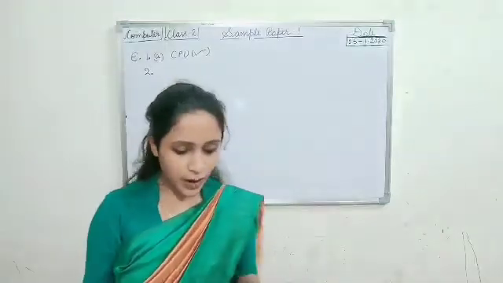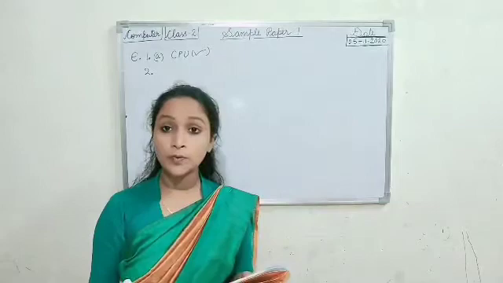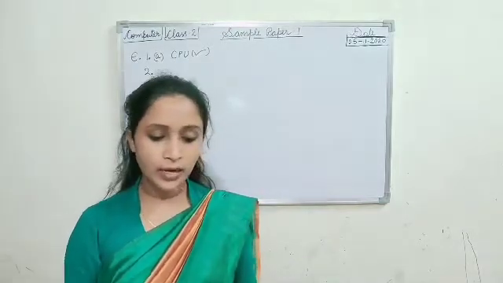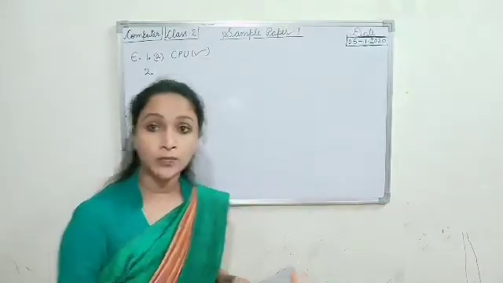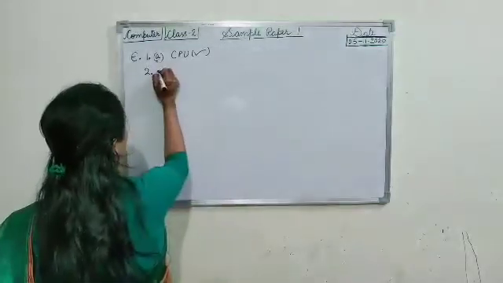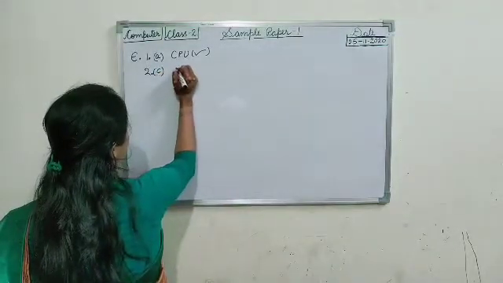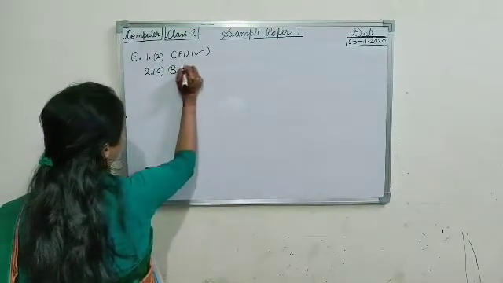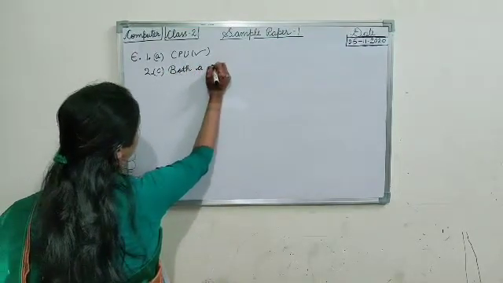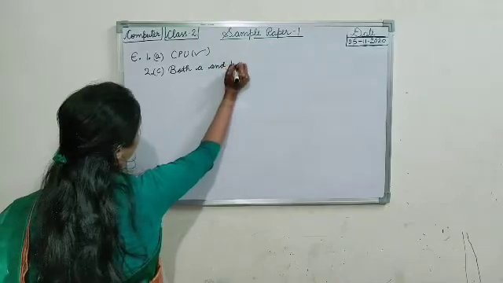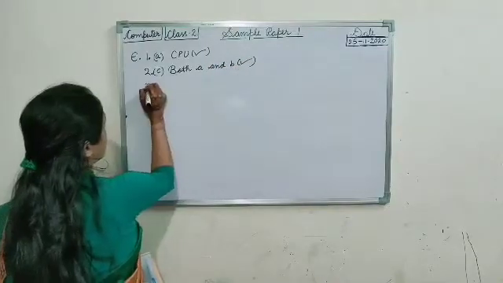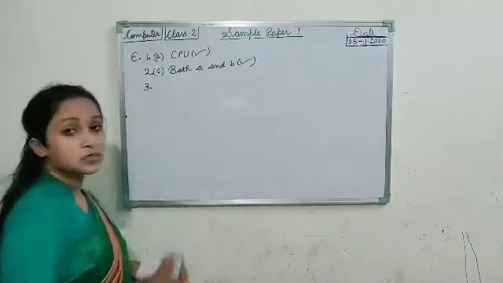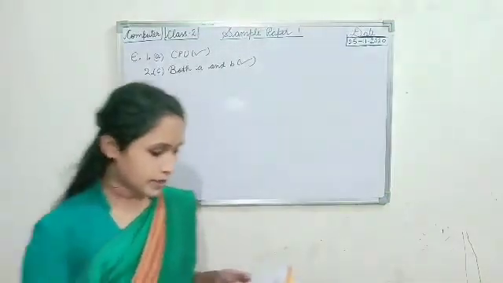Second, which part of a computer is used to input the data? So, keyboard and mouse both are used to input the data. Both are used to input the data. So, here both A and B, keyboard and mouse, are used to input the data. Here C option is correct. Okay, tick in your book.